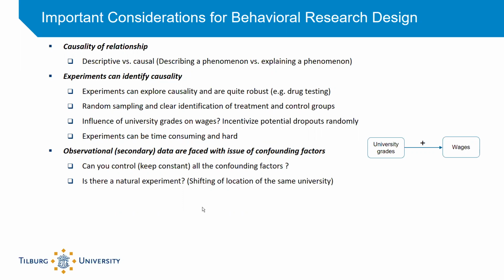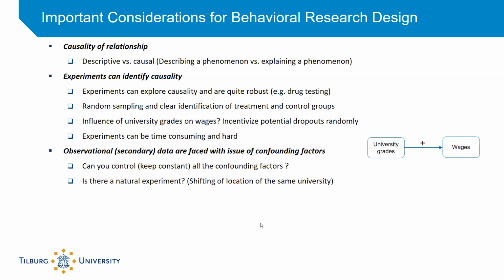But when you're dealing with observational or secondary data, notice that you can't really do random sampling, and it's not very easy to identify treatment and control groups. So what this means is there are going to be a lot of confounding factors that could actually mimic the relationship that you're studying without the actual relationship